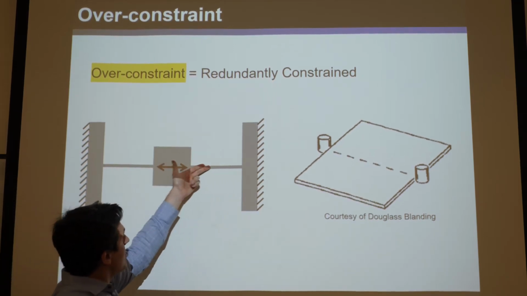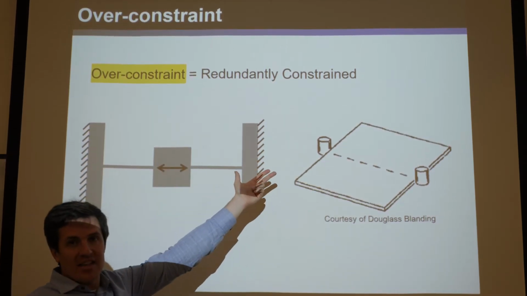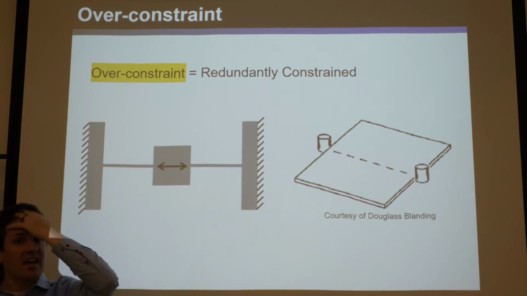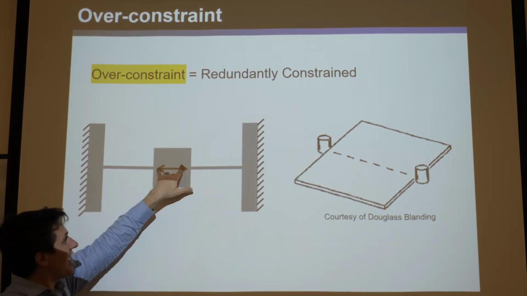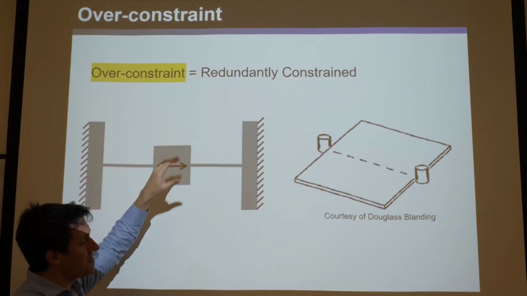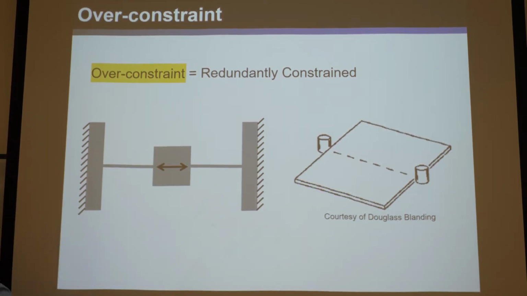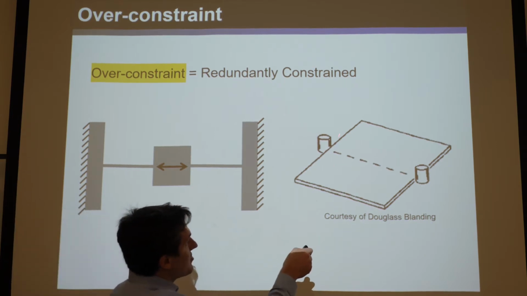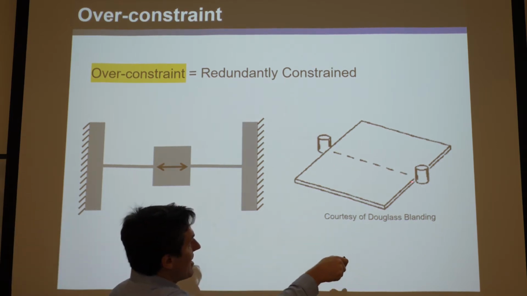By adding this through the same axis, it's not doing anything different from a kinematic standpoint. It still is just killing this. They're both fighting each other to kill that, but they still both are allowing the rotation. So you've got 2 constraints, and they're only killing 1 degree of freedom. So they're fighting with each other. Okay. The rigid analog is this, where you have direct contact between these 2 pins, and they're only